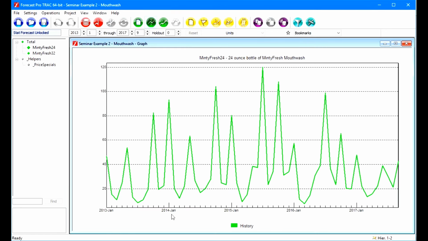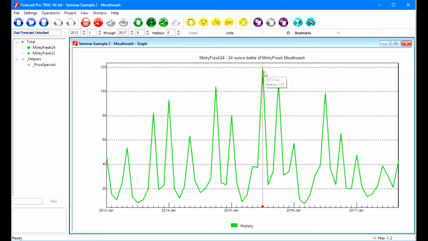What we're looking at here is sales of mouthwash. We have two different sizes here, 24 ounce and 32 ounce. We're going to focus on the 24 ounce right now. When we look at this data, the first thing that we really notice is that there are a lot of big spikes throughout this data. So let's look at when some of these spikes are happening. We have January, May, October, January, May, October, January, May,